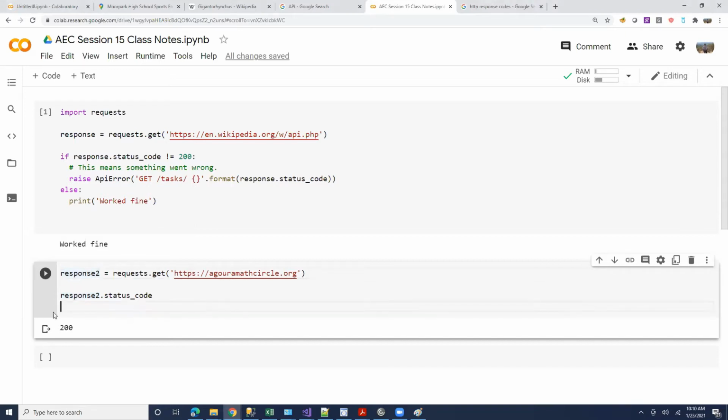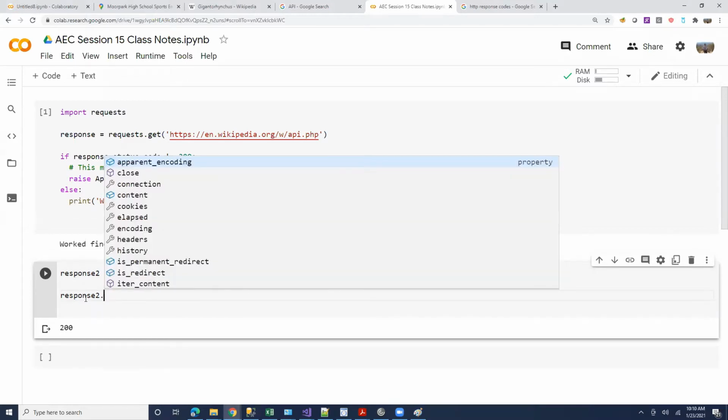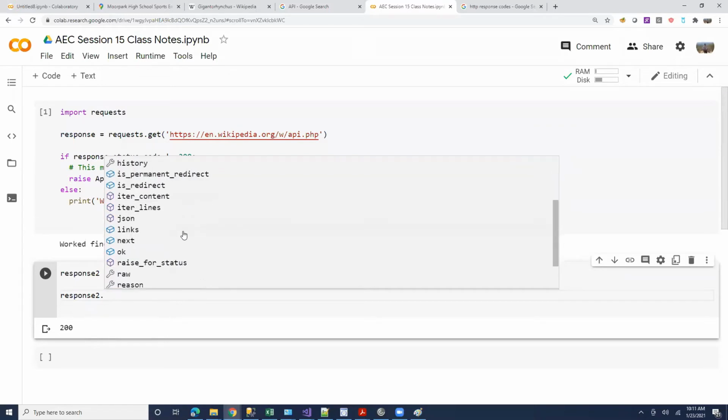Okay, so straightforward stuff. So now let's see what other information comes back in this response. Because response is a class, you can simply say response dot, and you'll see all of these things. I'm hoping you can see whatever I'm seeing on my screen. Do you guys see all of this? Yeah.